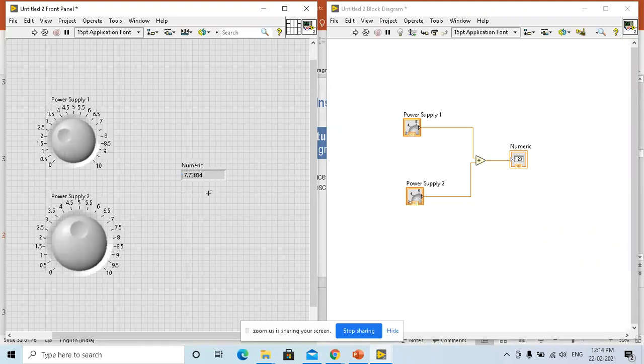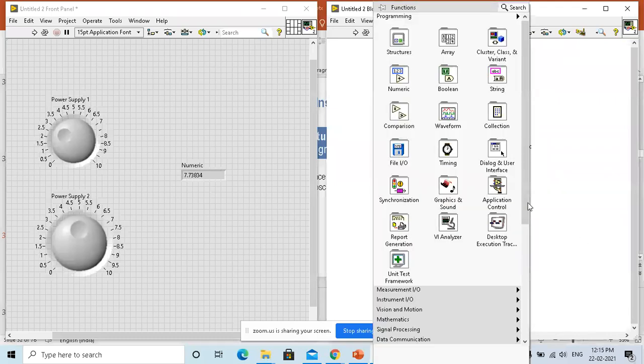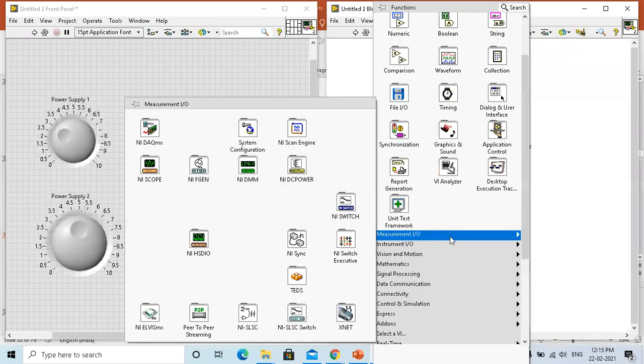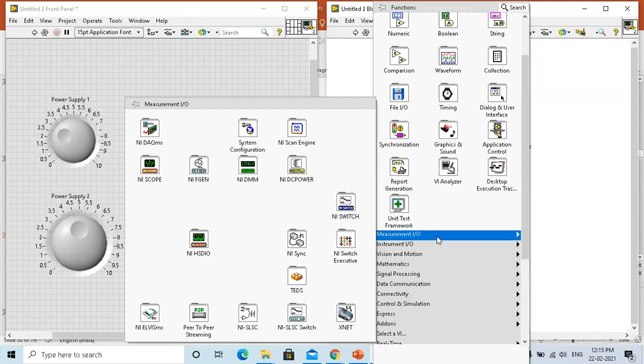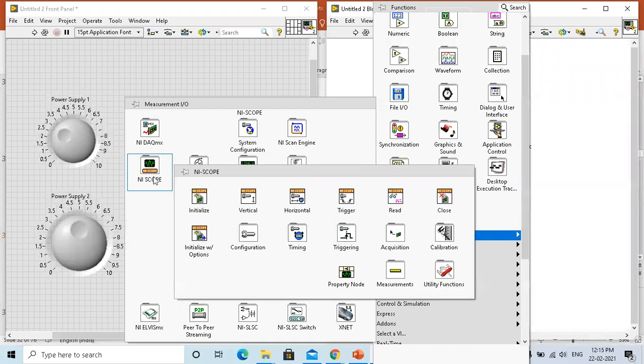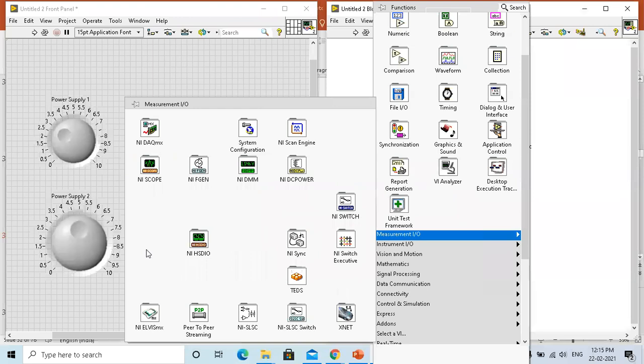Okay, basically we are going to have different types of approach, and different tools which are available inside the lab. So this is just a basic code, but let's say if you want to acquire data from the hardware, you're going to have something called drivers. Okay, like if you go down below, you're going to have measurement drivers, which, if you have the appropriate hardware to acquire the data, you're going to find it here. Let's say if you want to do data acquisition, you're going to find the data acquisition. If you want oscilloscope based functions, it's going to have an oscilloscope. And you have a separate power supply as well.